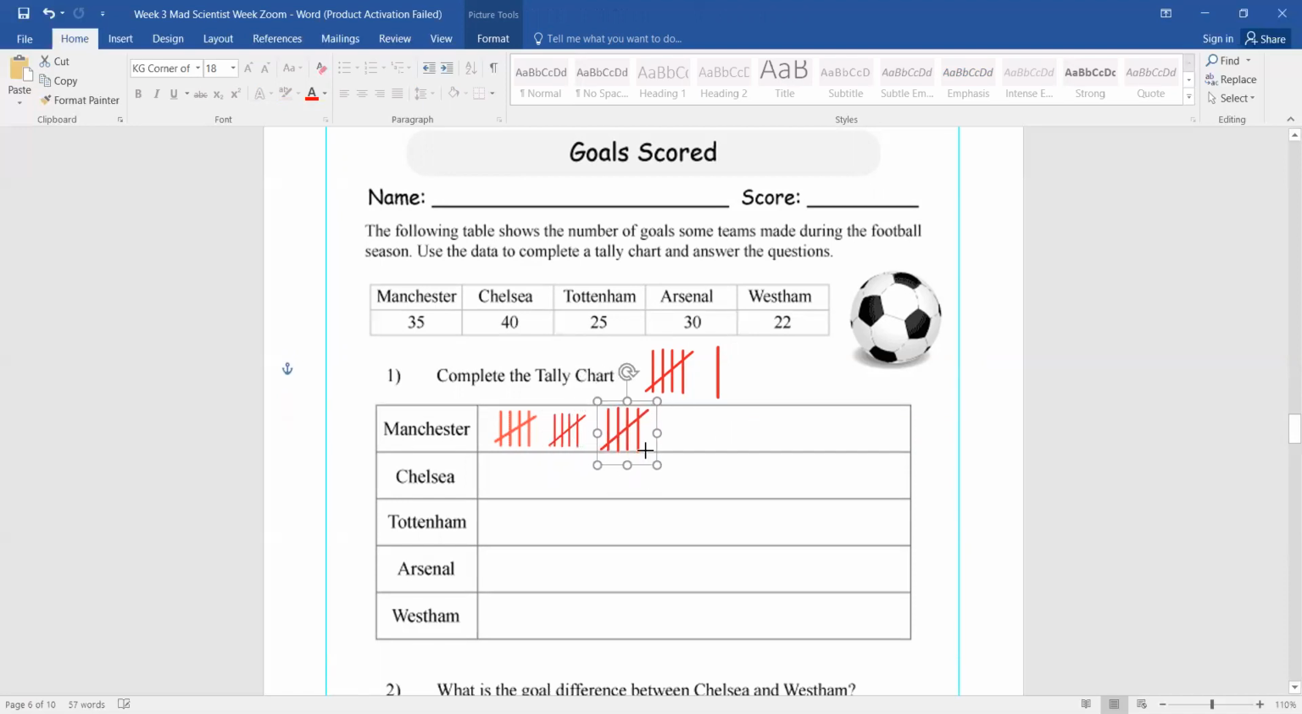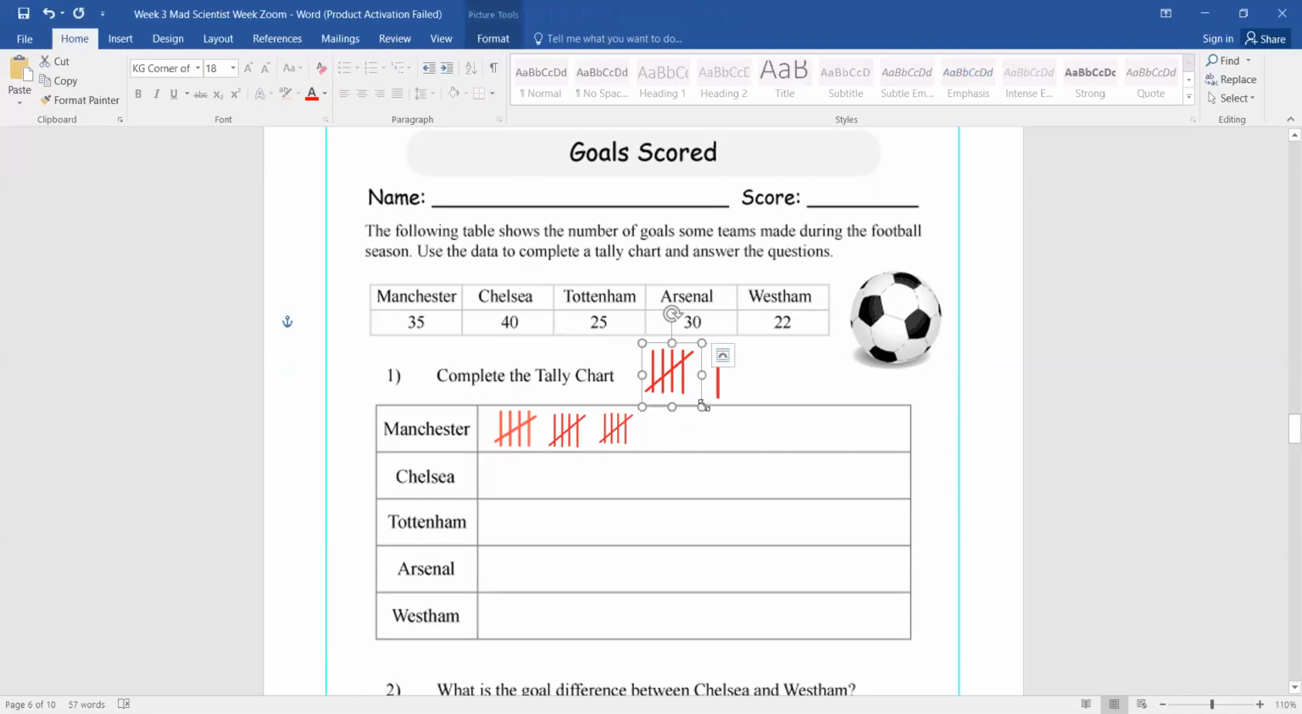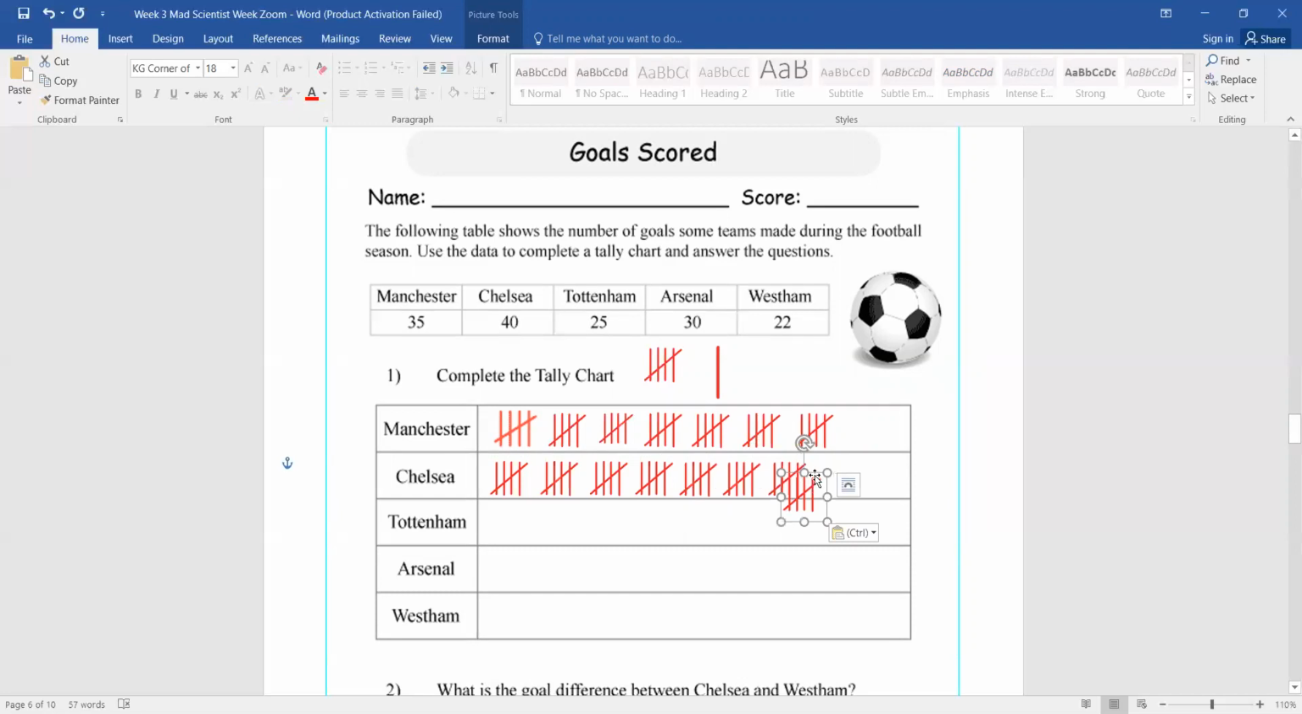10, 15. Let's copy this one. 20, 25, 30, and 35. Okay, Chelsea had 40, so 5, oops. 10, 15, 20, 25, 30, 35, 40, okay? And Tottenham had 25, so